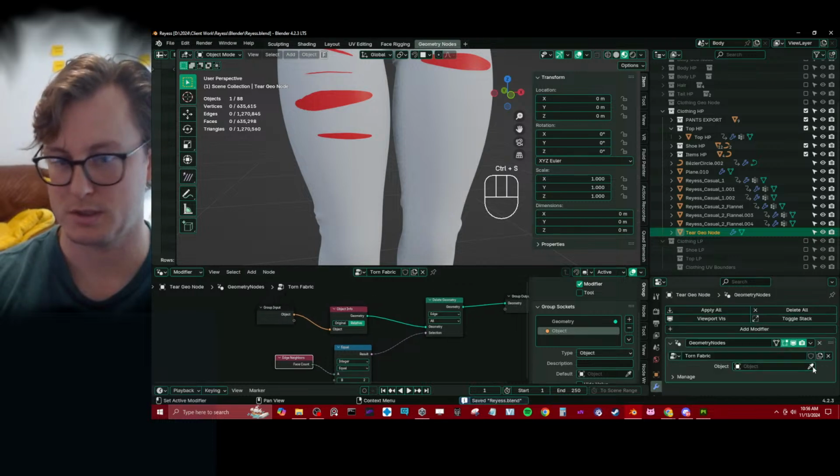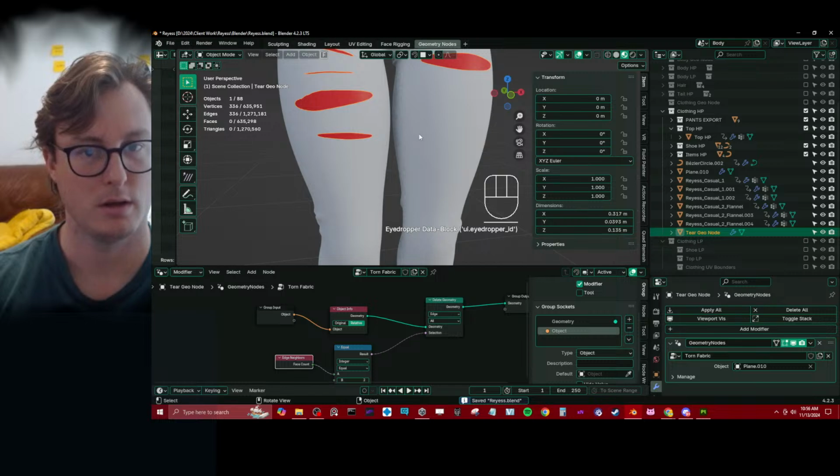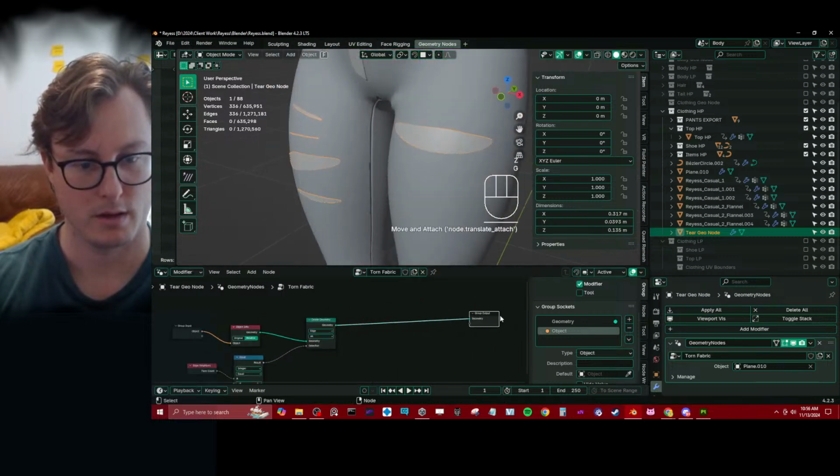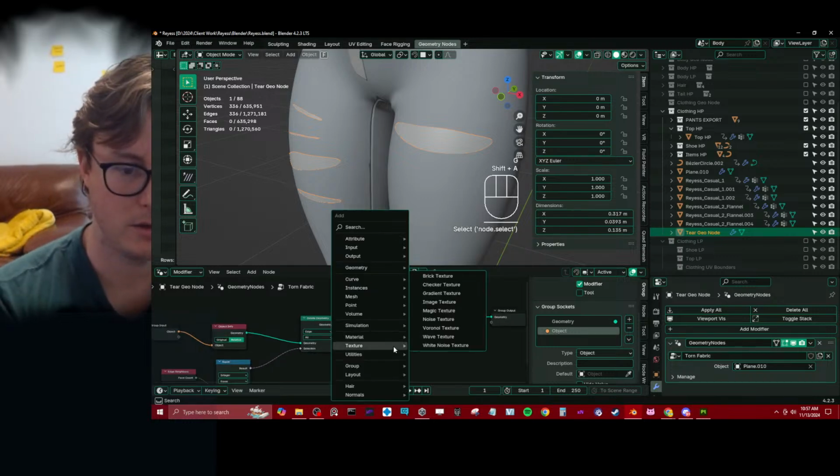But we of course need to sample the geometry. All right, so now we have all the edges, and we can go ahead and say